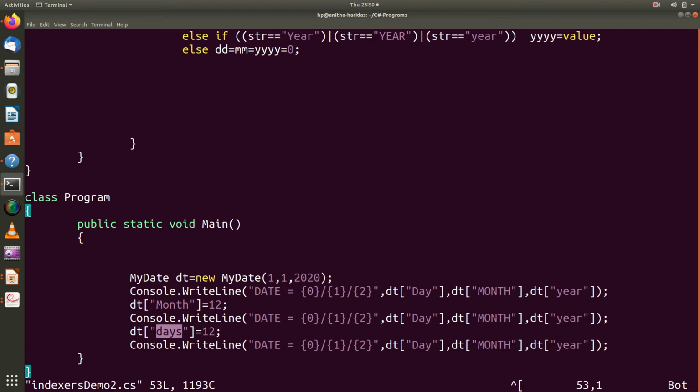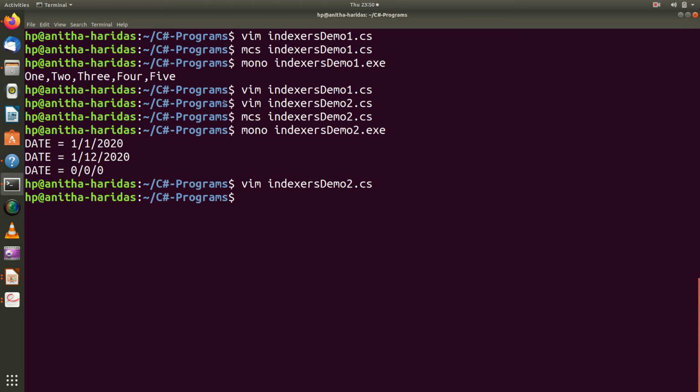So that is what is shown in the output. This clearly shows that your indexer can use an integer argument or it can also use a string argument. Not only that, it can use any data type as its argument depending upon the situation or need of your application.